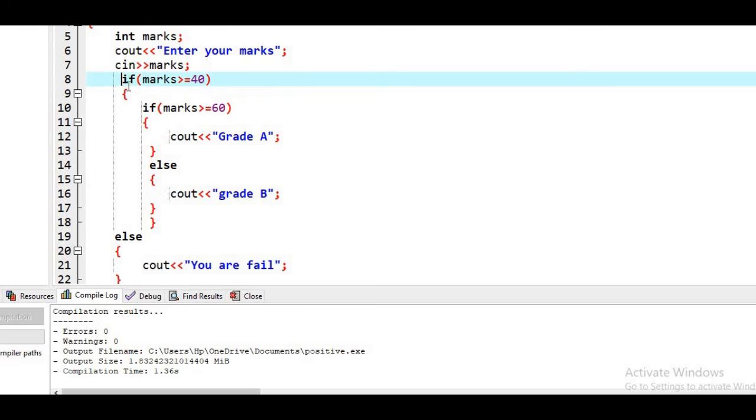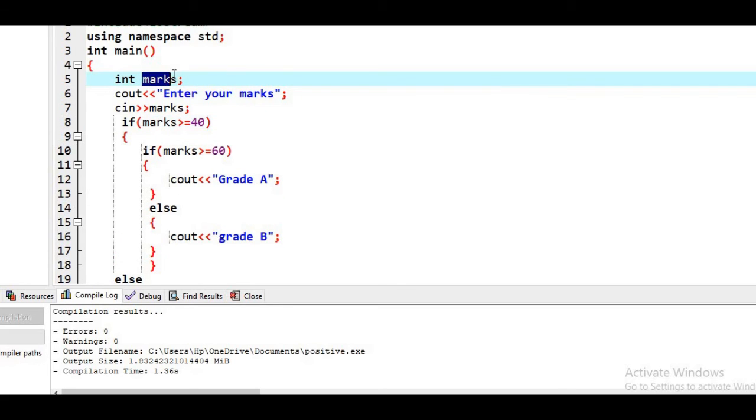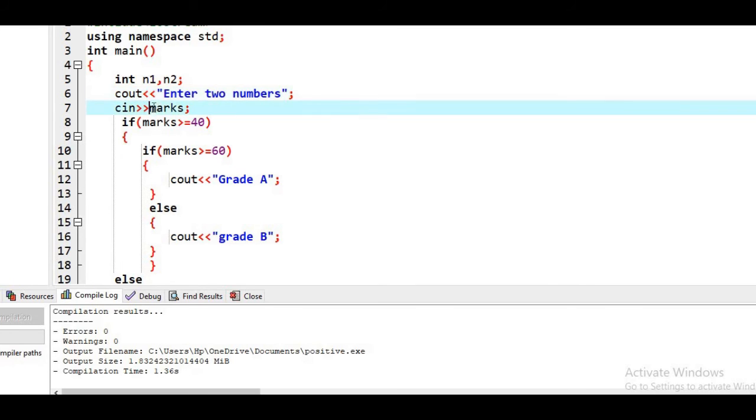So let's say this time I'm entering two numbers, enter two numbers. Okay, and then we are going to compare these two numbers whether they are equal or greater or less than. Okay, so we'll write n1 and in the same way we are going to take n2.